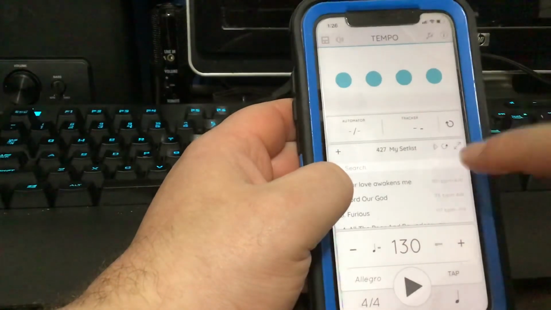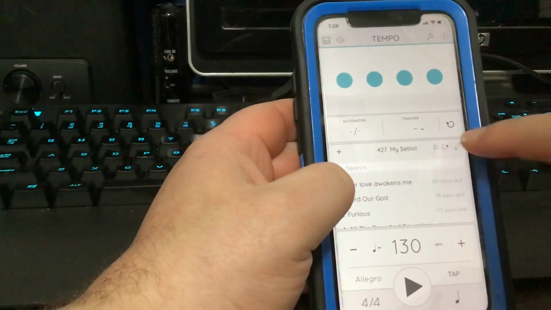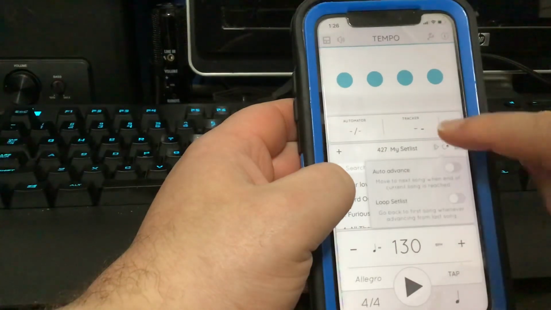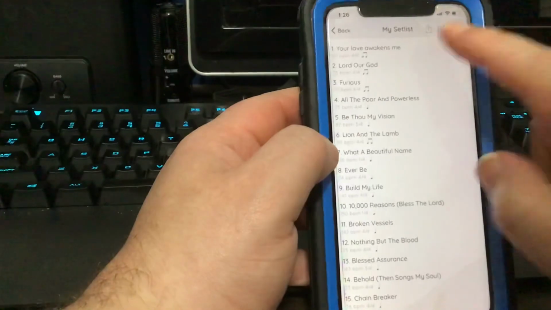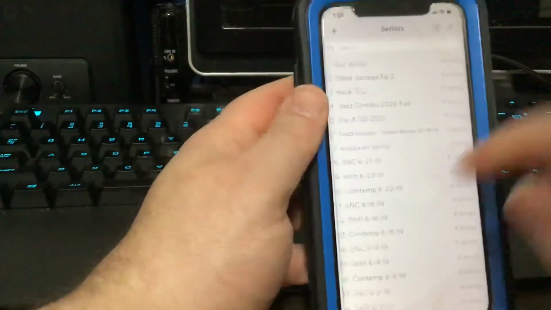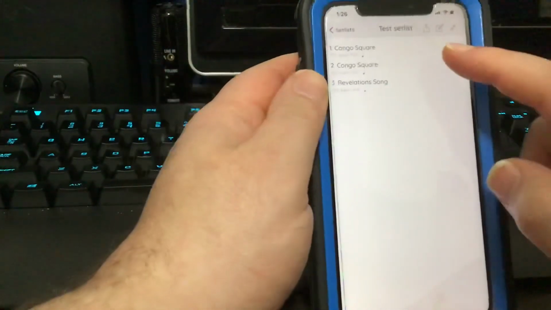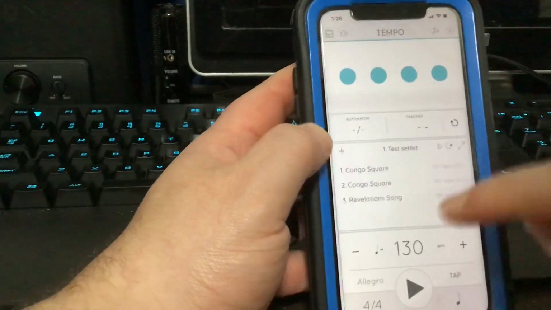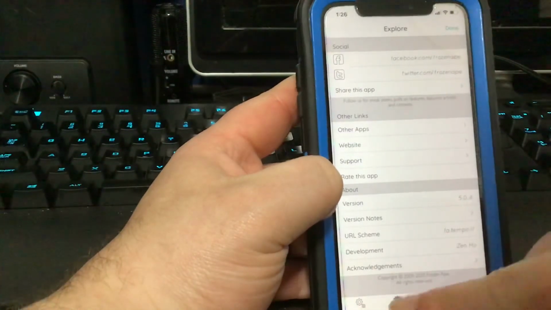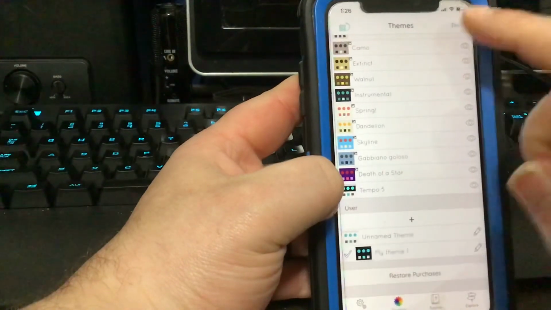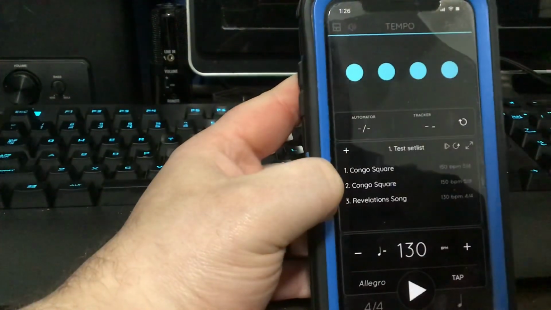So say you want to export a set list. What you're going to do is go back to the set lists here. So let me go back to the one that we set up. The test set list is right here. Let me start from here. Let me go back to dark mode so it'll be a little bit easier to see. Let's go. Okay, so